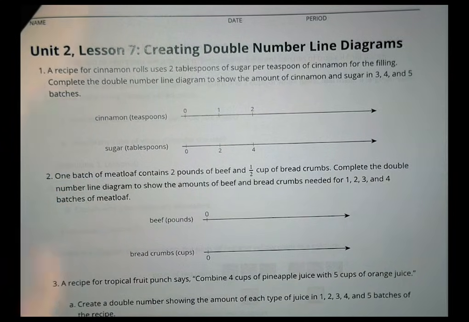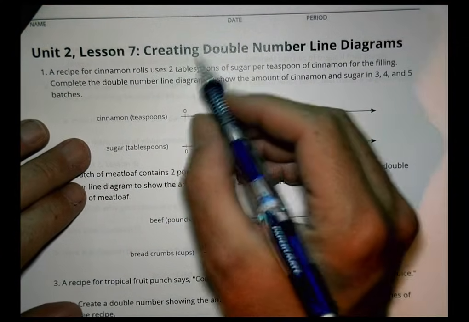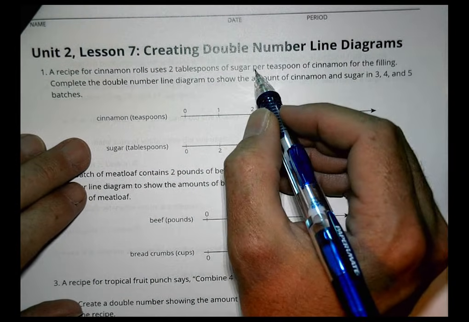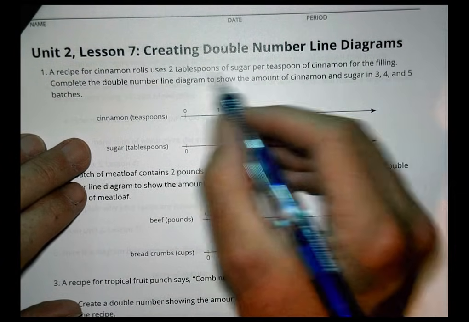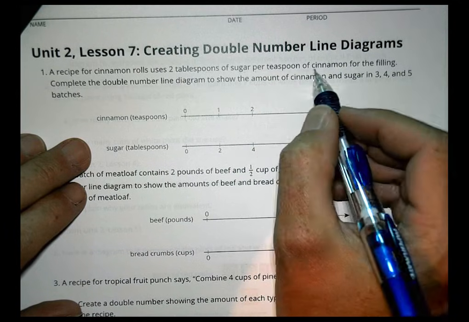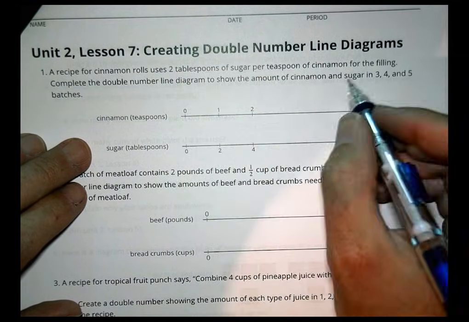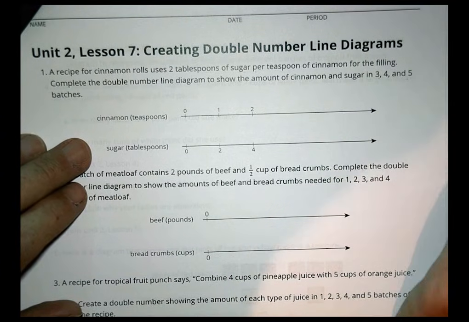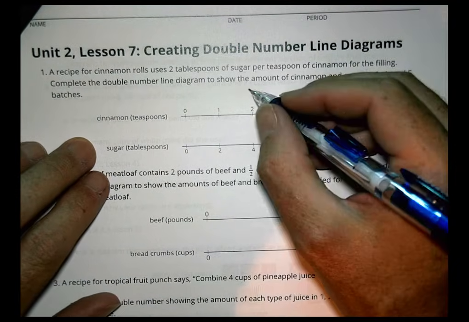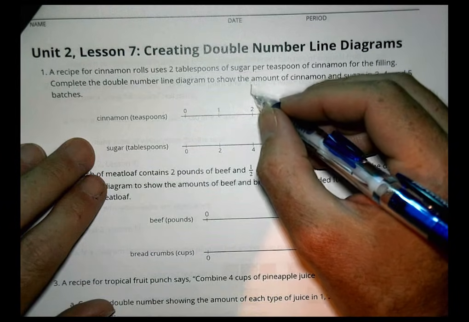All right, here we go for homework. A recipe for cinnamon rolls uses 2 tablespoons of sugar per teaspoon of cinnamon for the filling. Complete the double number line diagram to show the amount of cinnamon and sugar in 3, 4, and 5 batches. So, one recipe has 2